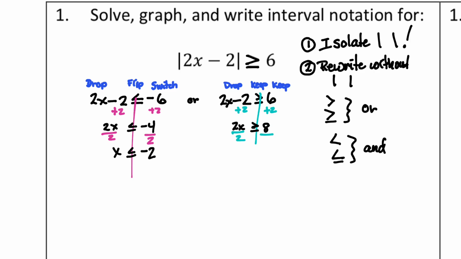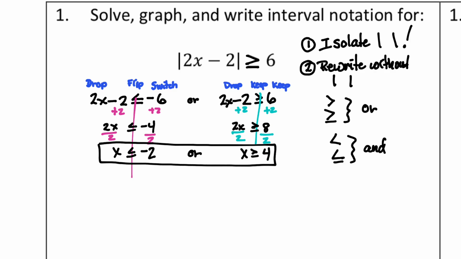Divide by 2, and we get x is greater than or equal to 4 with an "or" in between. Okay, so that is the answer, the inequality answer when it says solve. I just did. Now we have to graph it and write interval notation. Okay, so the graph